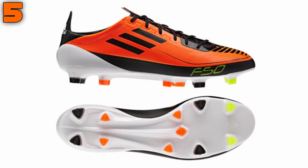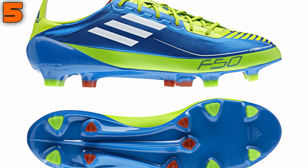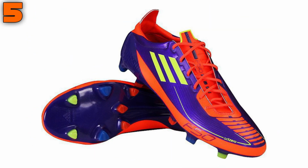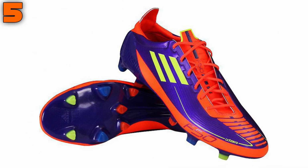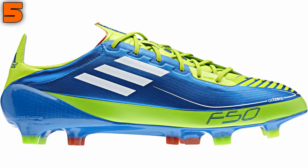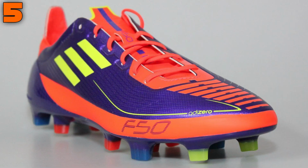Inspired by the standard and original F50 Adizero range, which was 20 grams heavier, the boot used an Adi-Light twin single layer synthetic upper, which at the time could be considered to be one of the thinnest upper materials ever. A super lightweight sprint frame construction further lightens the boot's weight. The most standout design probably was the Warning Orange edition, while other memorable designs could have been the Purple Infrared